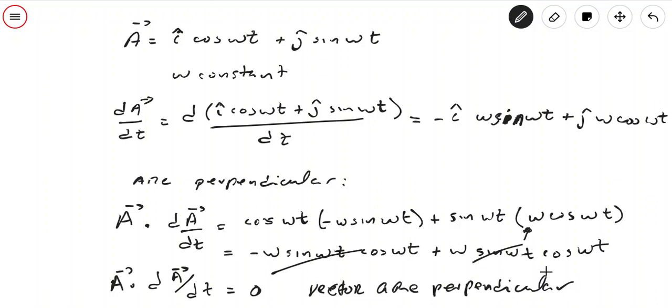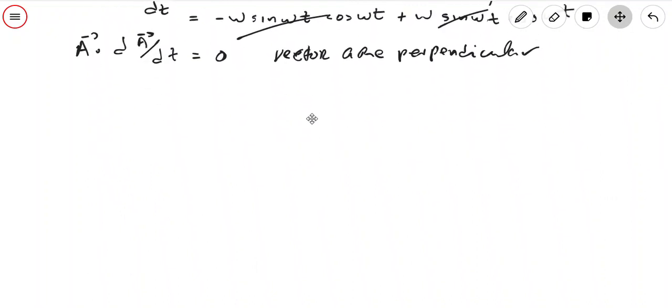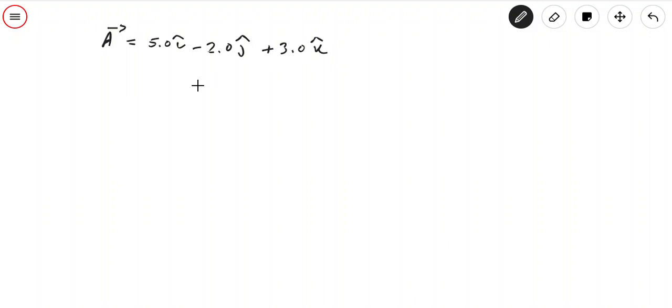In my next exercise, we have three vectors. So we have a vector A that is equal to 5.0i minus 2.0j plus 3.0k. We have a vector B here that is equal to Bx i plus